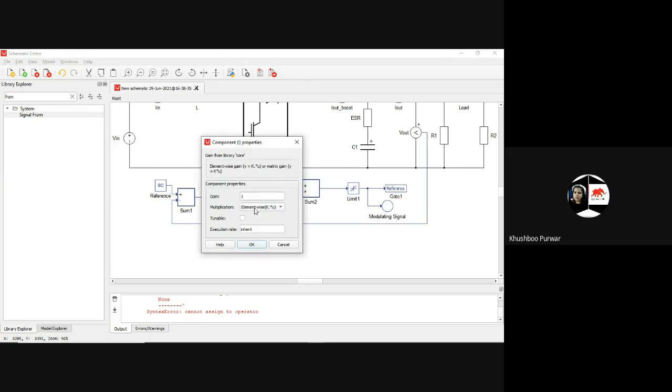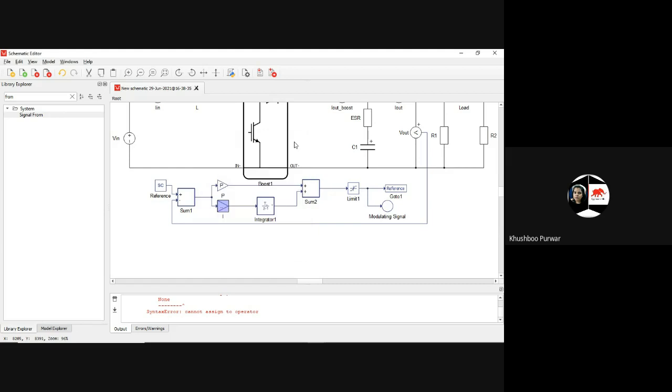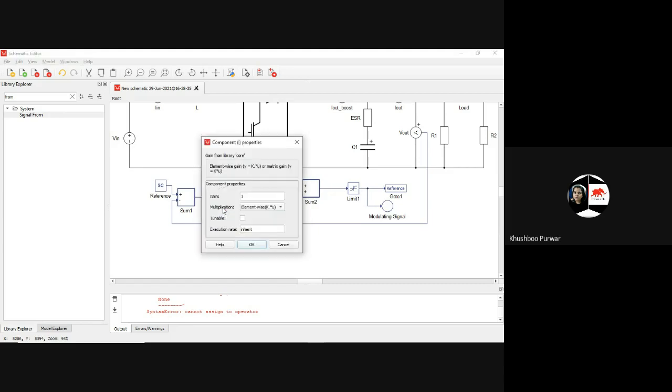Sometimes it shows, sometimes it does not show, because I have chosen element-wise, not K E U. I have not chosen matrix or something. If I had used the value in the form of numpy array, it would show. Otherwise, it will not show. Gain is taken as one here. Not an issue. Why are you worried?